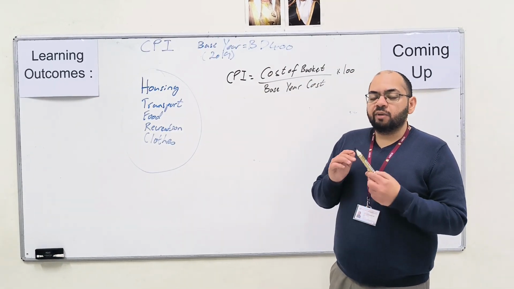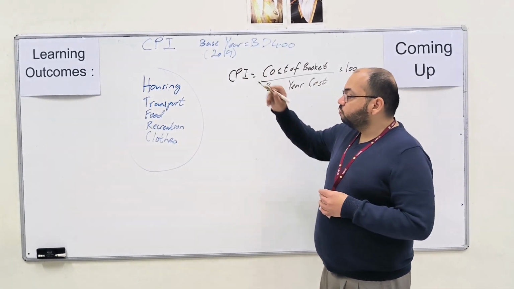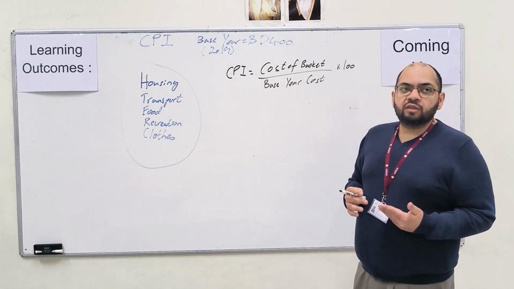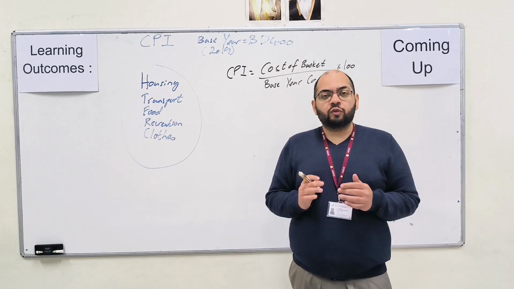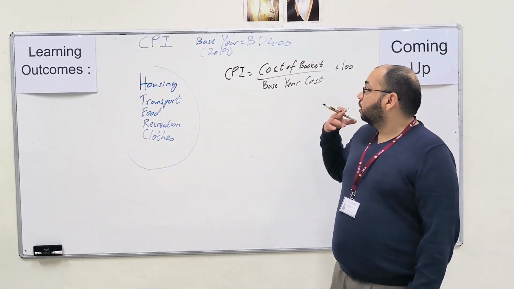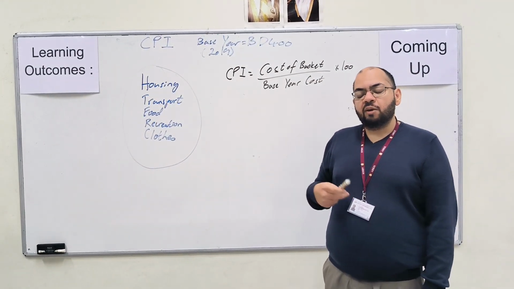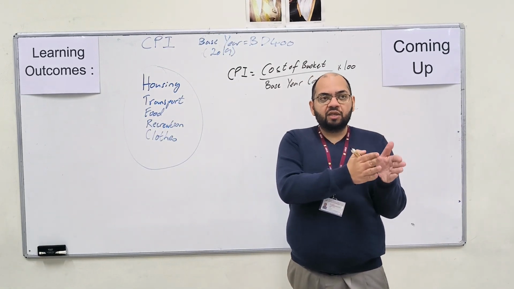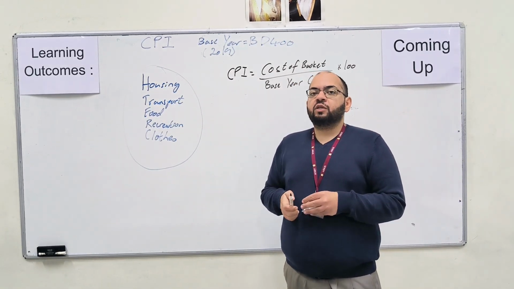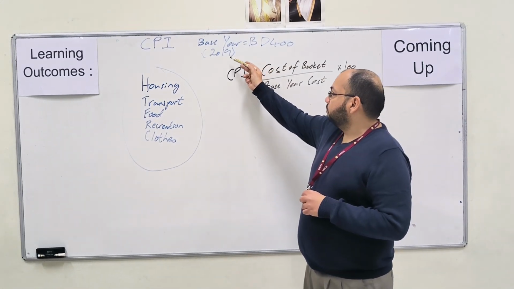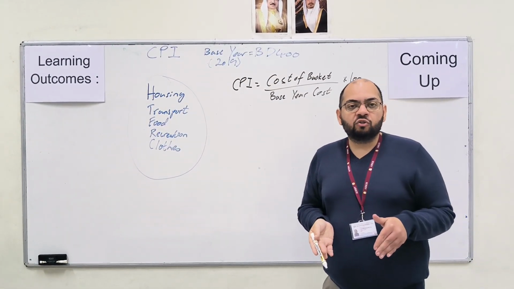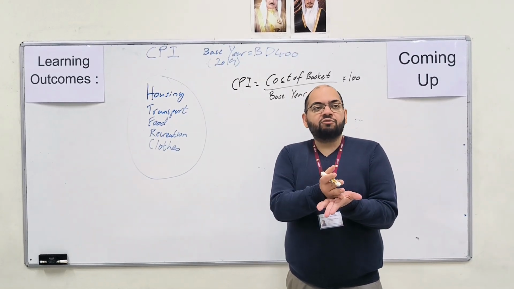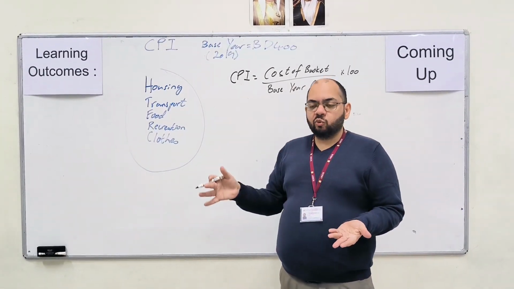Now, to measure inflation, we use what is called the Consumer Price Index, which measures all the spending that a consumer does in a household within a month, and they compare it to a base year so that they can see what happens from the base year to the current year. So, for example, the base year here is 2019. We are in 2025 right now, actually. What happened to inflation from 2019 to 2025?